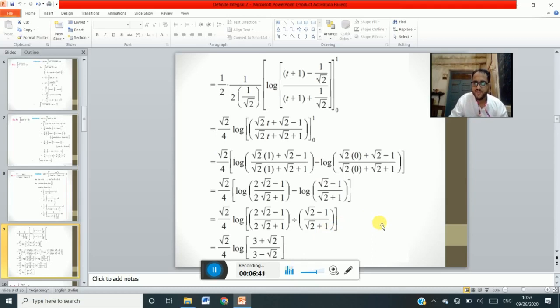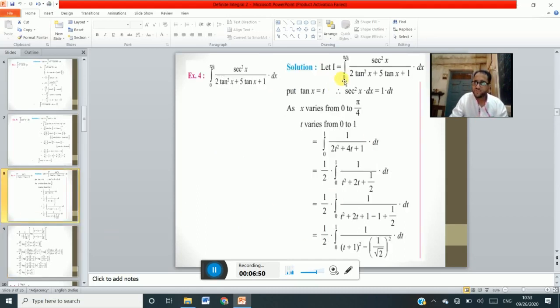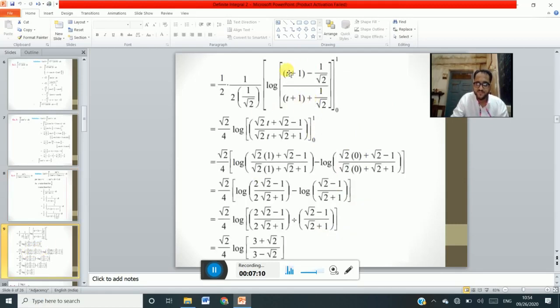In this way we have to simplify the examples of the definite integral, which is very similar to the examples of indefinite integral, but after finding the answer we have to put the limit here. See this example, if there is no limit, then this converts to the example of the indefinite integral, right? So there also we have to solve this example the same way up to this, right? After substitution, these are the steps. This is the same, this is actually the answer in that case. If the example is of indefinite integral, there is no limit from 0 to 1, and in that case the final answer is this, right?